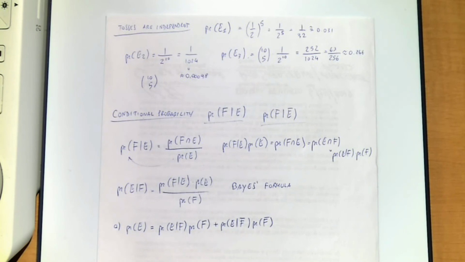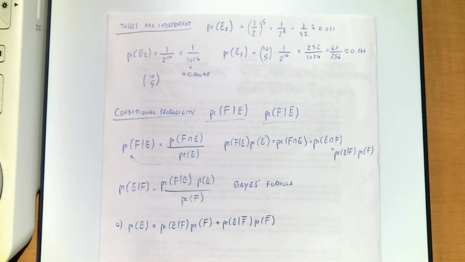Make sense? It's like writing 1 plus 1 equals 2, it looks like we're writing the obvious, but this number is often easier to compute than the total. So if you're asking what's the probability of this thing happening, let's see how likely it is to happen if F happens, and then how likely it is to happen if F doesn't happen, and then we just put them together. It's great that we're able to do this.